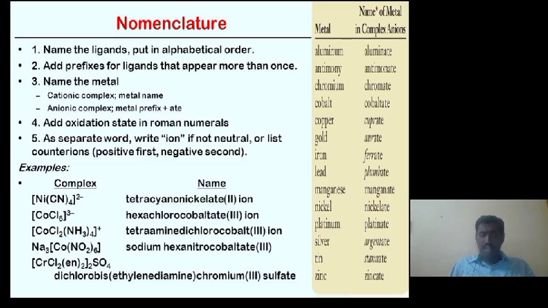Here, the first three examples are ions, so there are no counter ions for them. So you must write them ending with ion. Suppose a counter ion is present in that complex, you need not write ion. A fourth example, dichlorobis(ethylenediamine)chromium(III) sulfate. The sulfate is a counter ion for that complex because the coordination sphere has 2 plus, so that